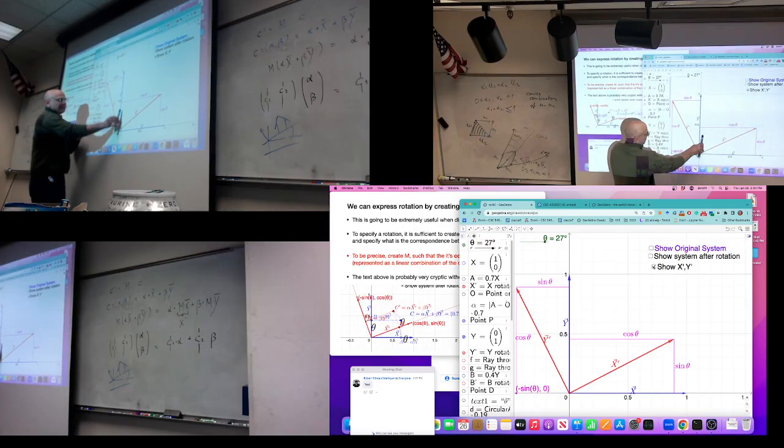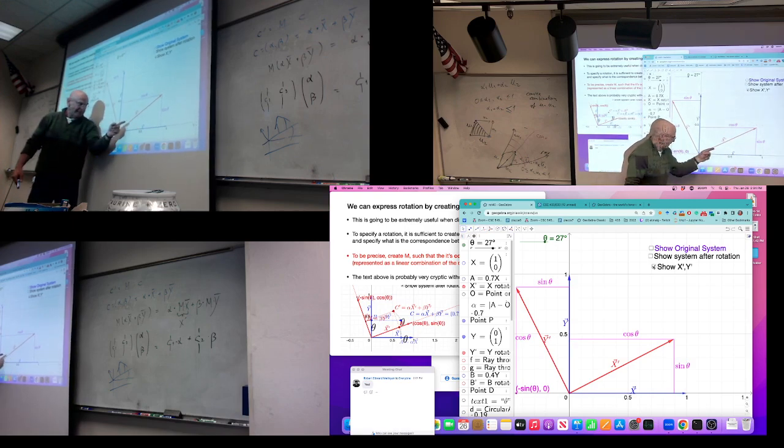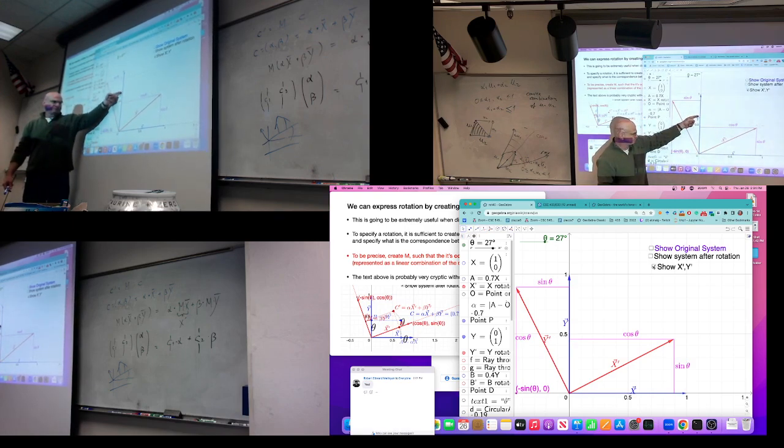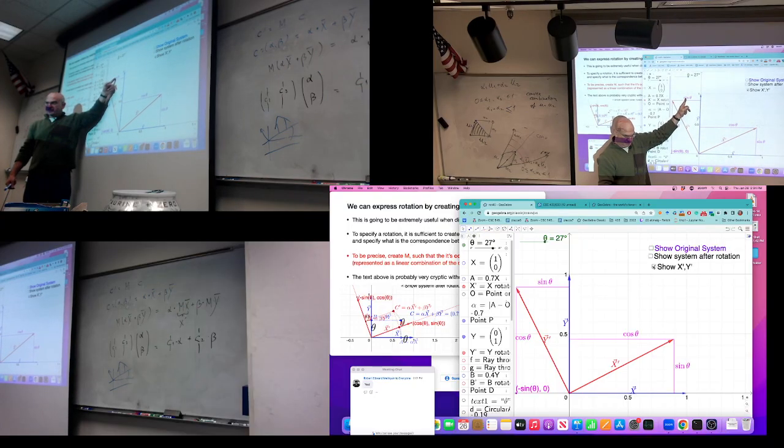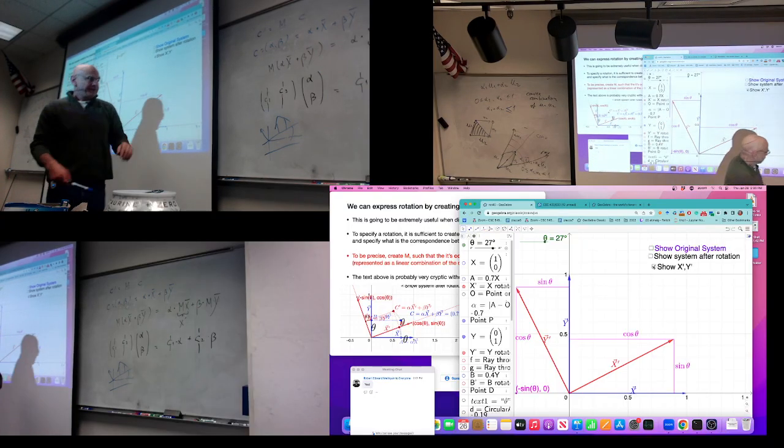This triangle is this triangle. So the length of its y is cosine. What about the x? The length of this is sine, but which direction is this going? Going negatively. So it's minus sine theta. Fine, so let's